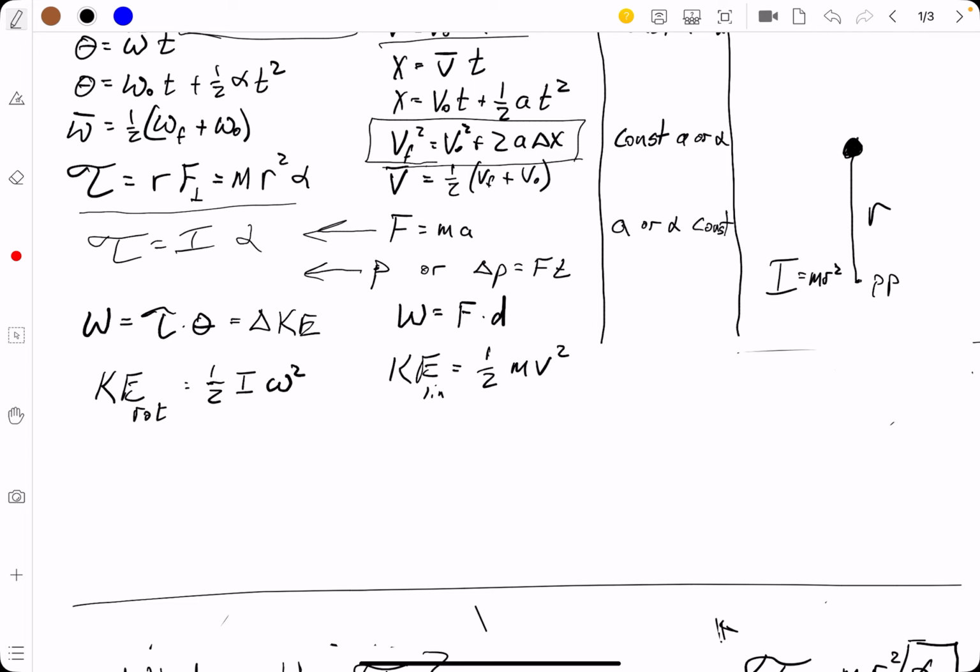And if you notice, you can do a unit analysis. I recommend you do a unit analysis. Of course, over here we've got joules because we've got kilograms times meters squared per second squared. And on the other side, we've got